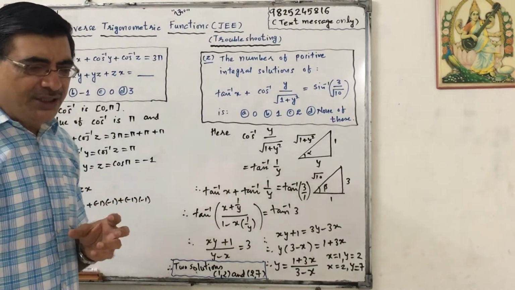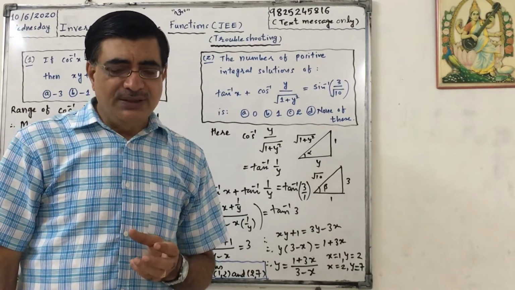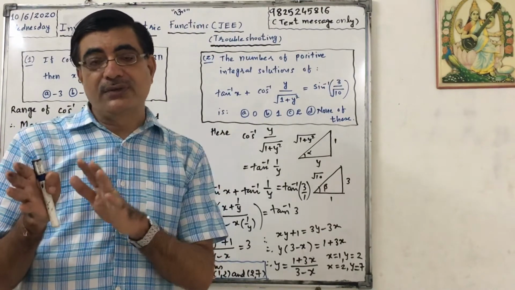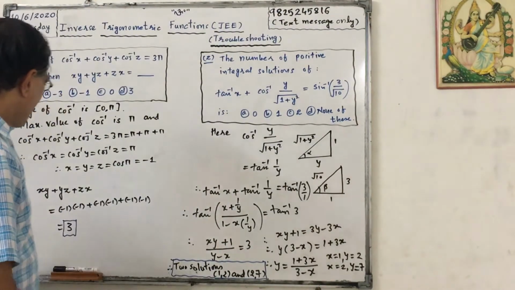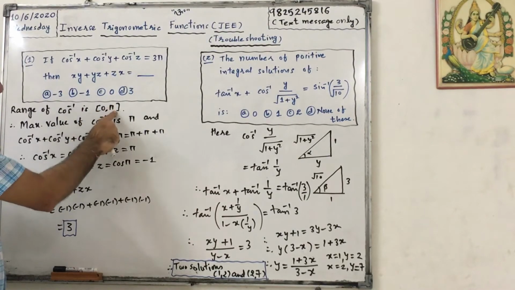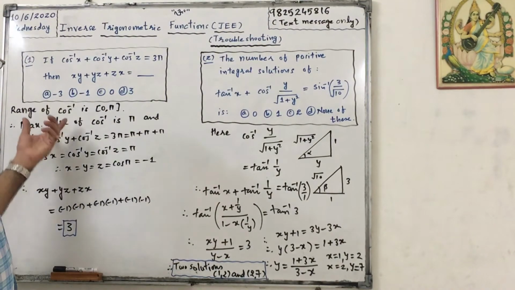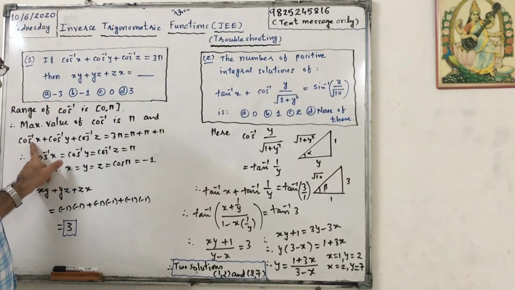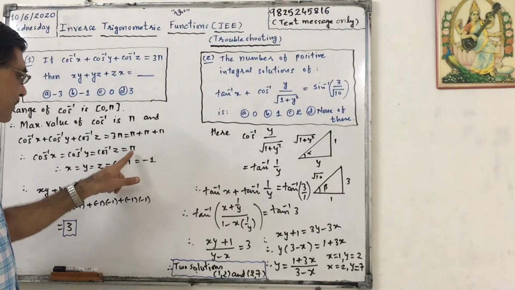Normally in JEE they ask tricky questions. Always think of the borders of any range, of any domain. Yesterday also we solved such a problem for sine inverse. So borders means 0 to pi. Consider the 0 ones, consider the pi ones. So here we have considered pi, and we got LHS equals RHS. That means cos inverse x equals pi, cos inverse y equals pi, cos inverse z equals pi.